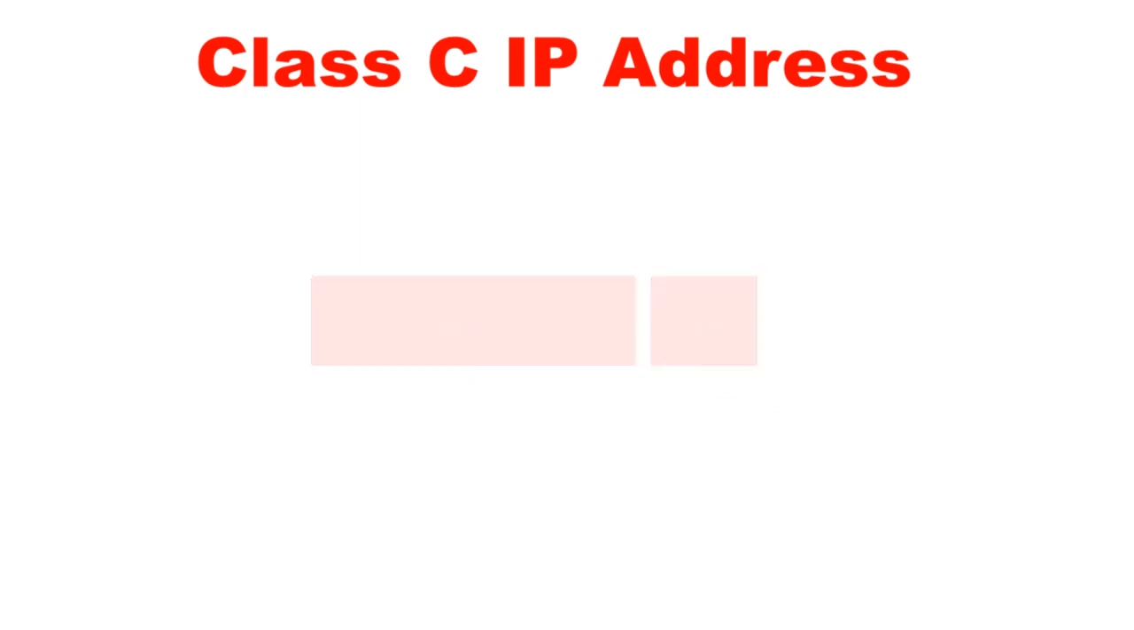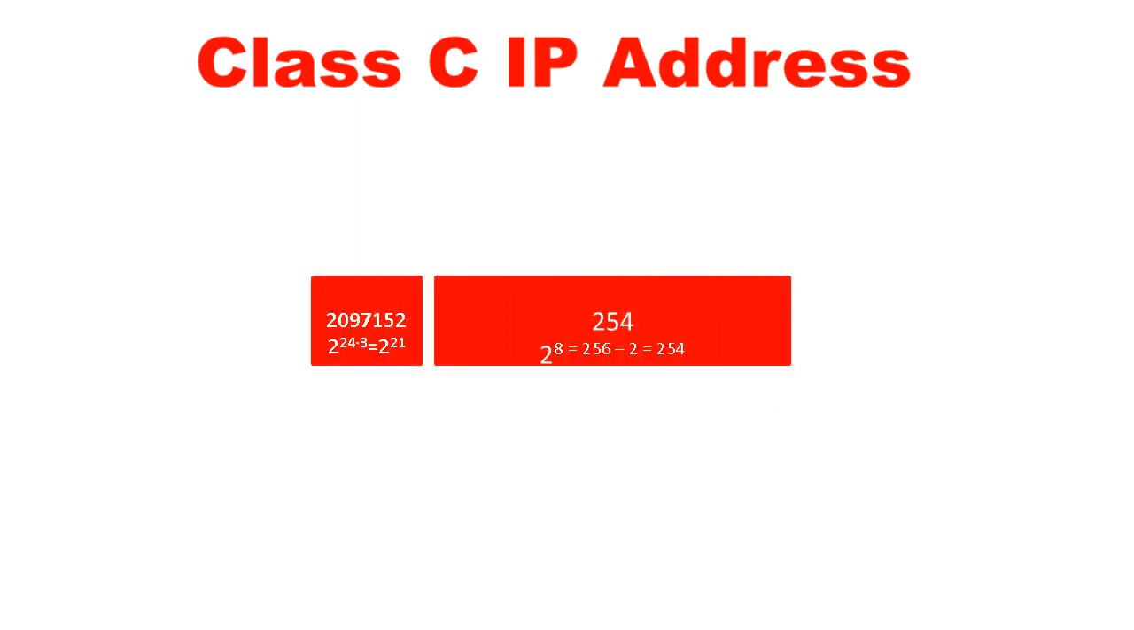2097152, that is 2 to the power 24 minus 3 equals 2 to the power 21, possible networks in the class C category of IP addresses, because 3 bits out of 24 bits are reserved for identification of the network category, and 254, that is 2 to the power 8 equals 256 minus 2 equals 254 hosts in